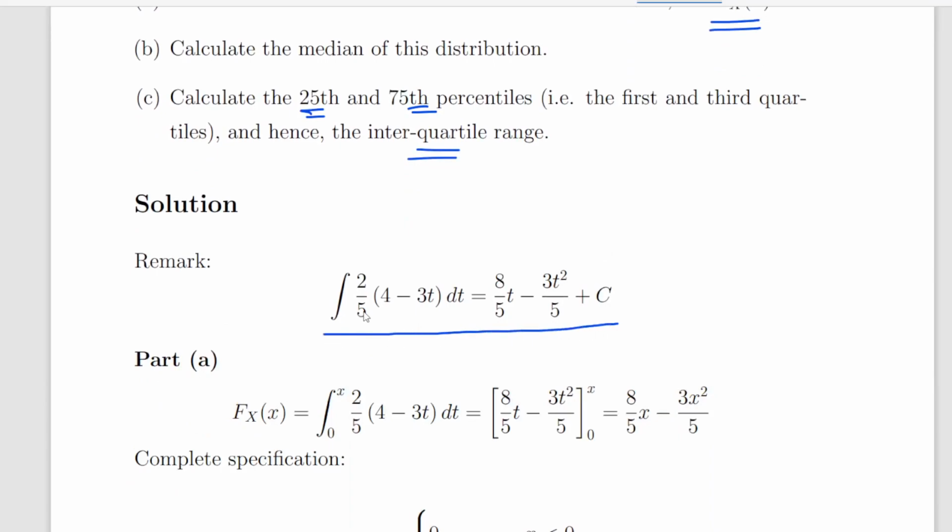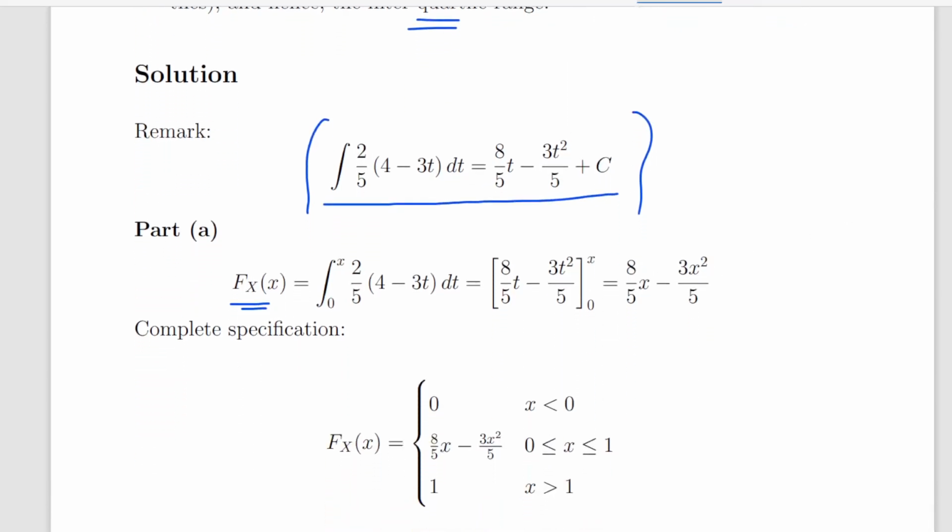Okay, so first off, what we're going to do is make this little remark about this integral here. The integral of 2 over 5 times 4 minus 3t dt equals 8 over 5t minus 3t squared over 5 plus c. So just have that in the back of our minds on an ongoing basis. So the cumulative distribution function, capital F of x, is calculated using the following. Okay, so it is the integral of f of t dt